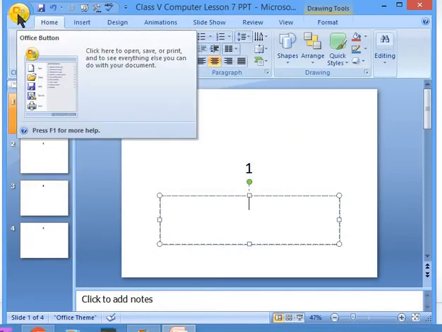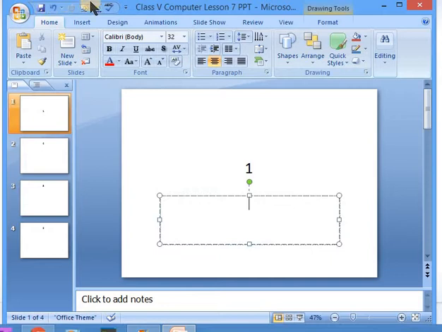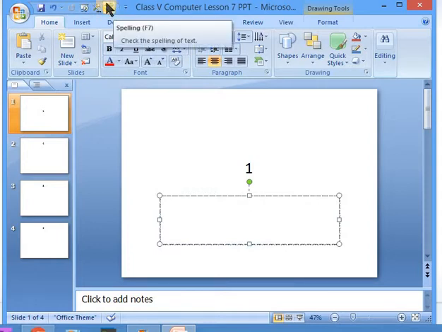Now next to the Office button is the quick access toolbar. Can you see this? This is the quick access toolbar. You can add any tool or you can remove any tool. For example, this is spell check.